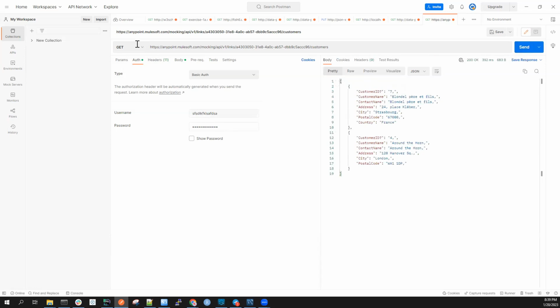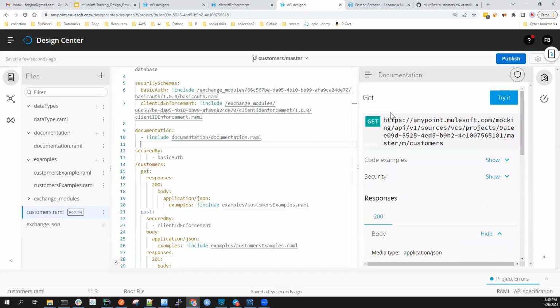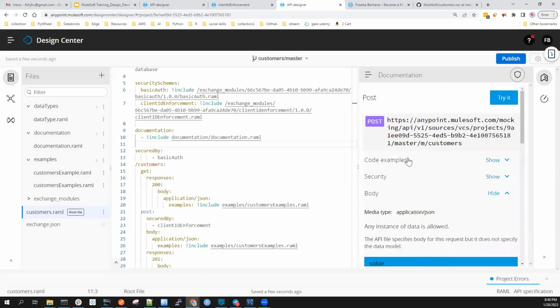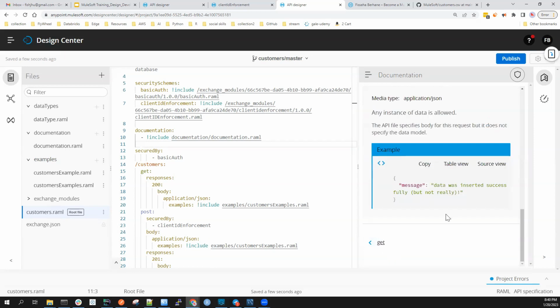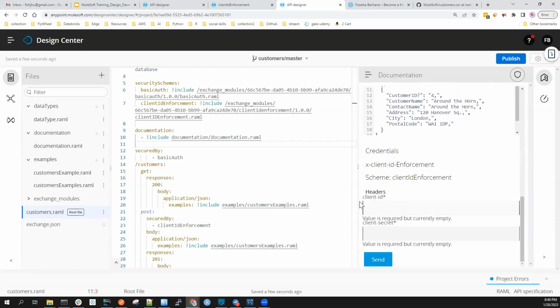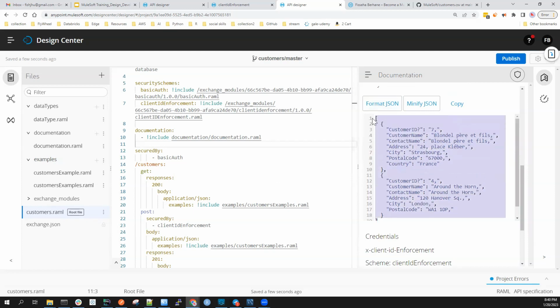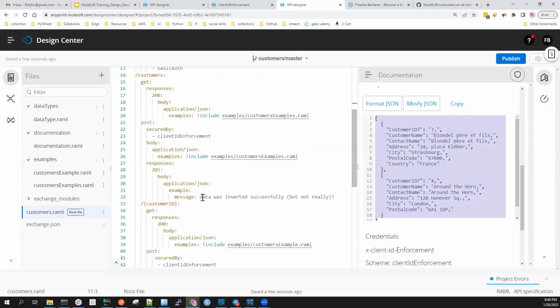Let's now change this to post method. And for post it is not username and password. It is client ID and client secret. So yeah, for the post method, let me show you what I'm talking about. Here, we click these 3 lines and go to post. We have client ID and client secret here. So we will send this test data, and it will give us this message, this response. So I will copy this